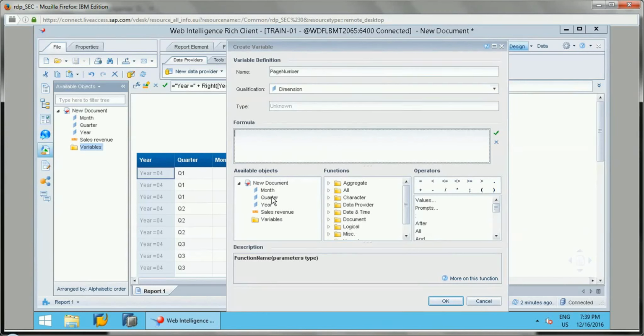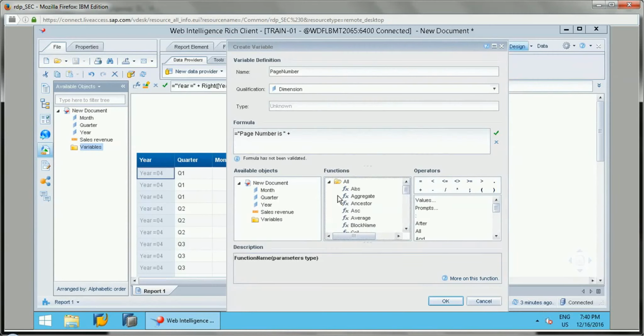The data type will automatically come when we type the variable formula. Here suppose I want to display the page number, so I can type in a string like "page number is". The idea is just to display the page number of the report. There is a Page function which will return the current page number in a report.